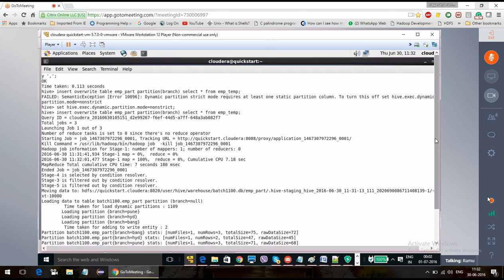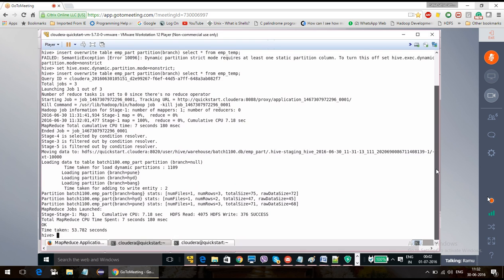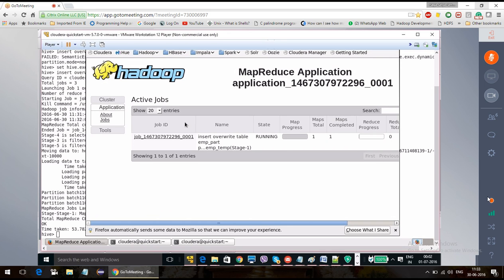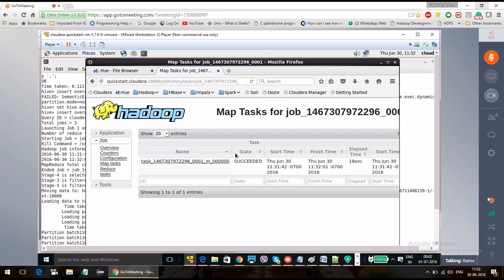Now this job is already completed. If I refresh it here, it will say its status is completed, status is succeeded. And if you go here, you can check all the tasks, and you can check the log also.